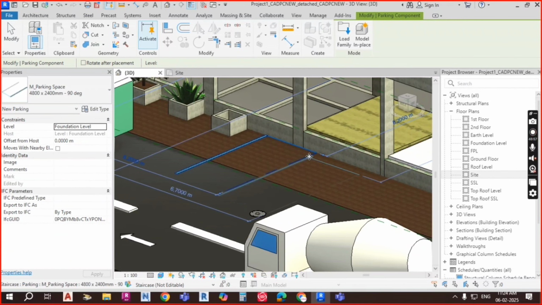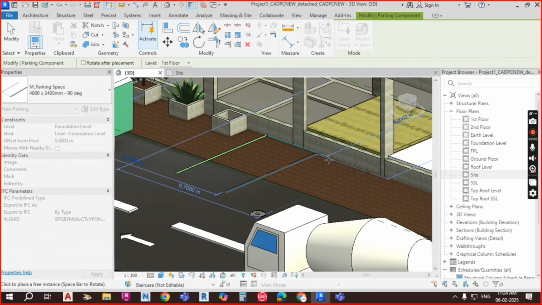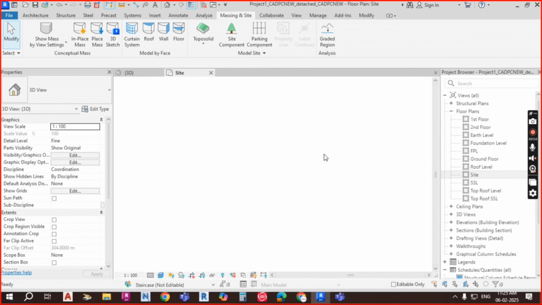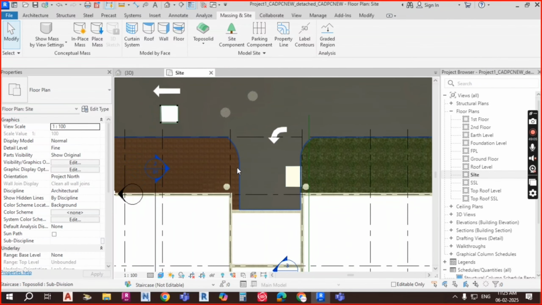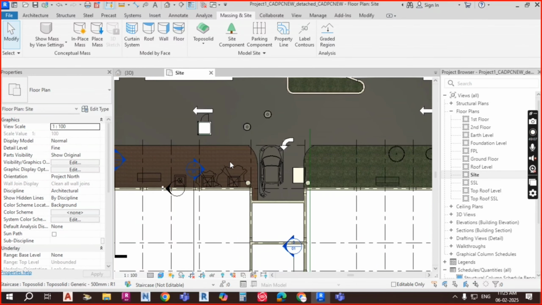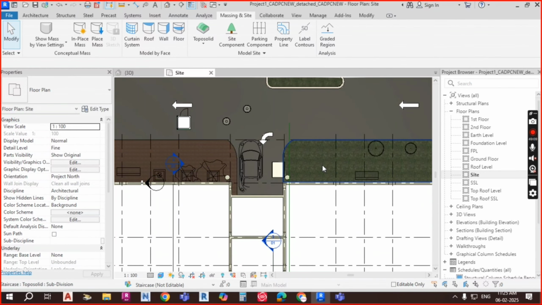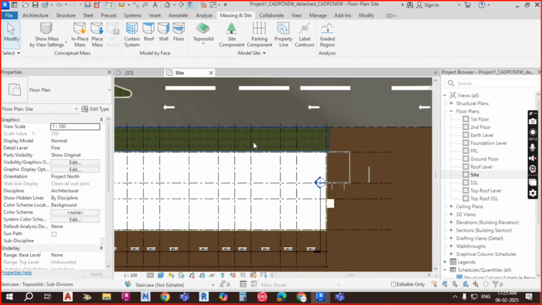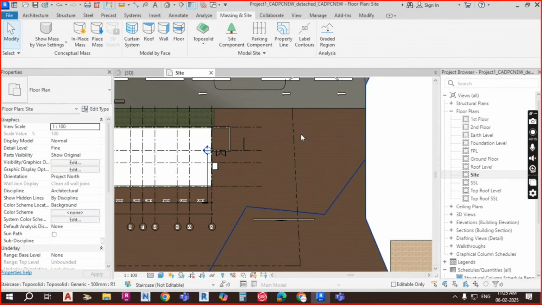Here one car vehicle will be there, here one car. Like that you can place the parking signs here whenever you require. So this is the way we can work out in the project. Okay, and if you want to put something,